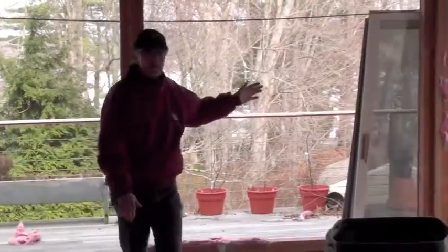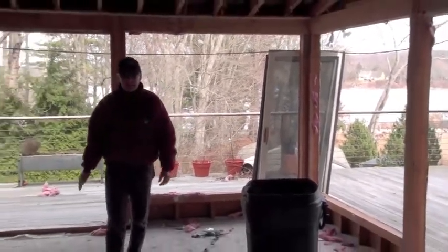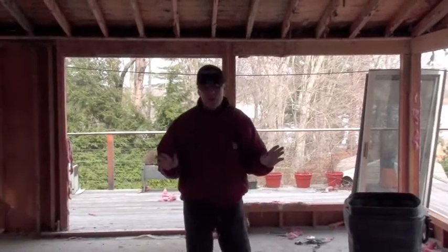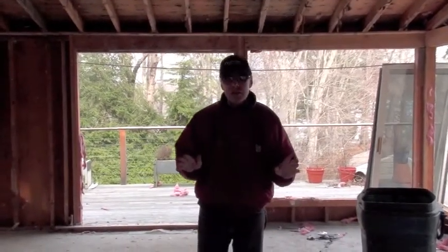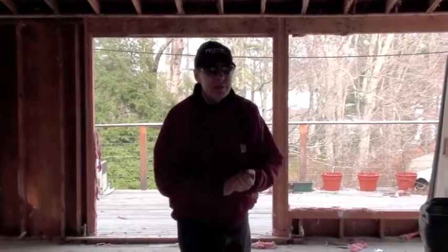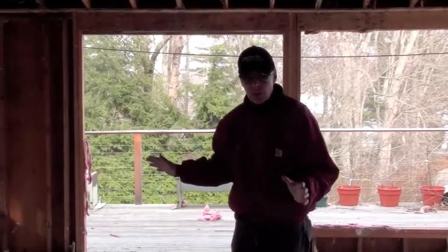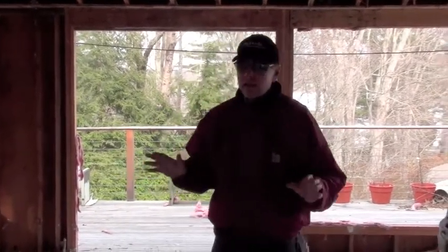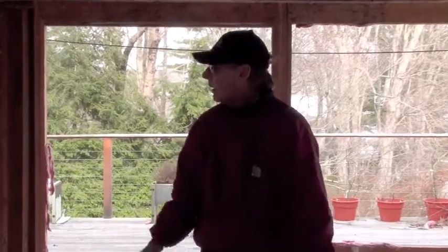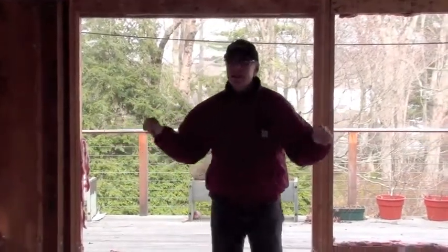You can see we're stockpiling previously used sliding doors here. We're replacing all the window units with super energy efficient, triple pane, low E, argon gas filled units for maximum energy efficiency. When you have this much glass in a home, you really need to take the thermal effects of the cold and retaining heat and air conditioning seasonally into account. So we want to get the best windows we can because there's a lot of glass to take in a